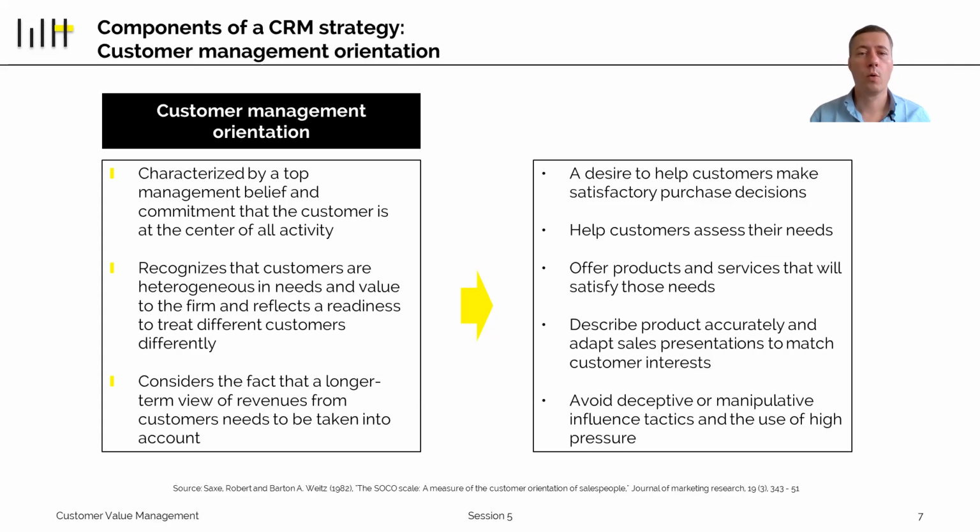In session 2, when we talked about the customer pyramid, I said that if you are not willing to treat customers differently, the high CLV ones in a certain way and the low CLV ones or unprofitable ones in another way, then you cannot do CRM, because you just want to treat every customer perfectly and keep every customer happy. You need to realize that people are different, that they need to be treated differently, and all of this having the long-term view of revenues, CLV, customer equity, and ultimately shareholder value in mind.